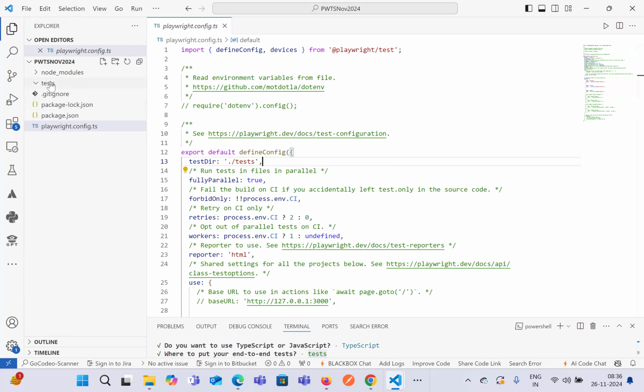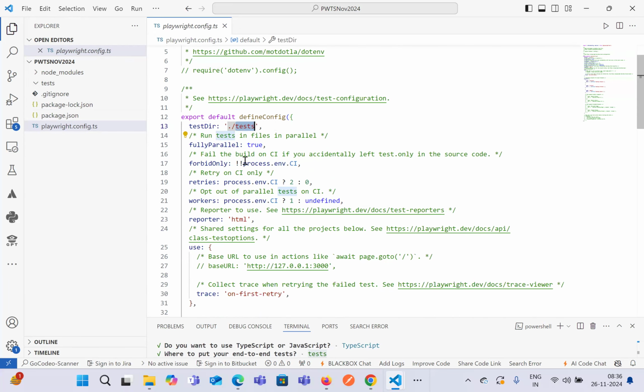If you want to change this folder name, then you have to change the path over here as well. Okay. So what is the significance of this? Whenever we create a test and try to run the test case, the first thing is, after making the connection, it will go to what is known as the test runner file as well. It will go to playwright.config.ts and try to see where the test directory is. That means where the test cases are available inside the framework